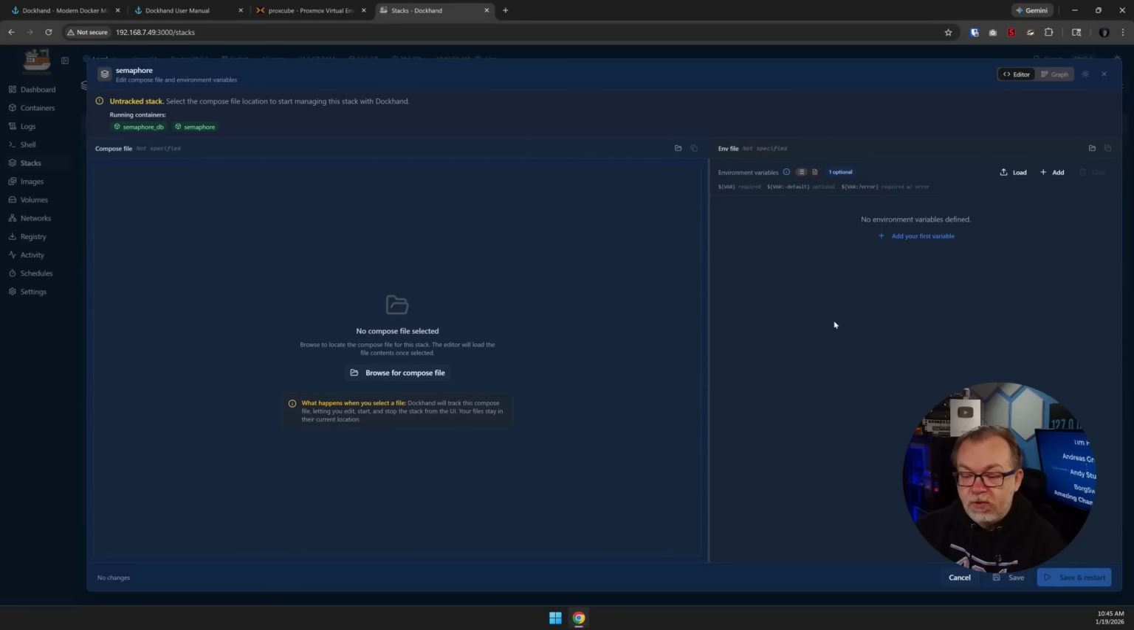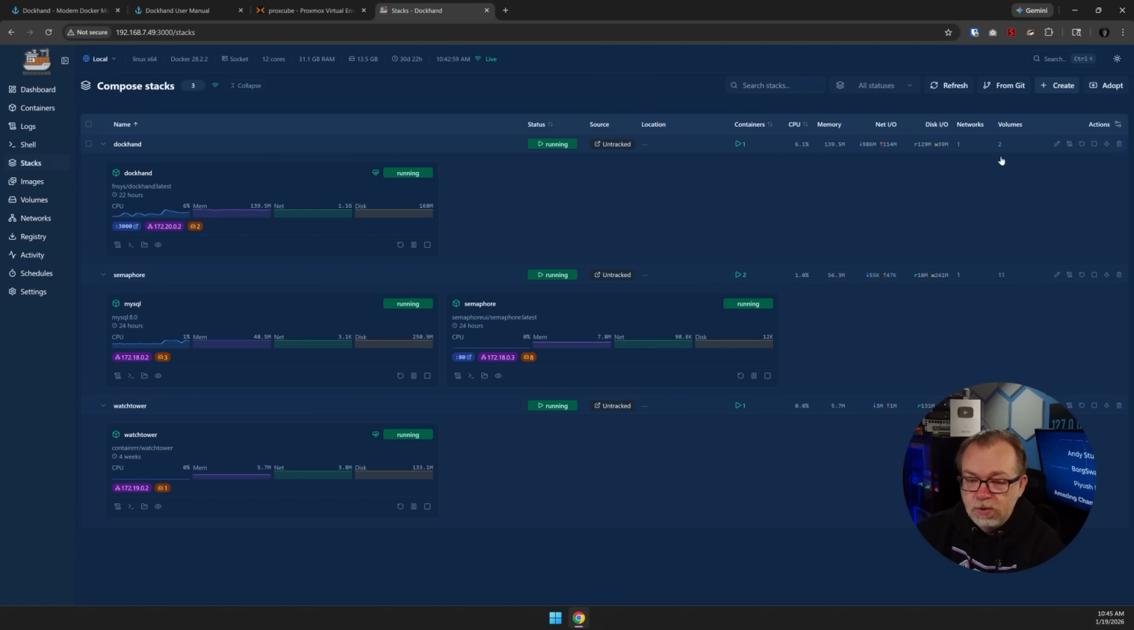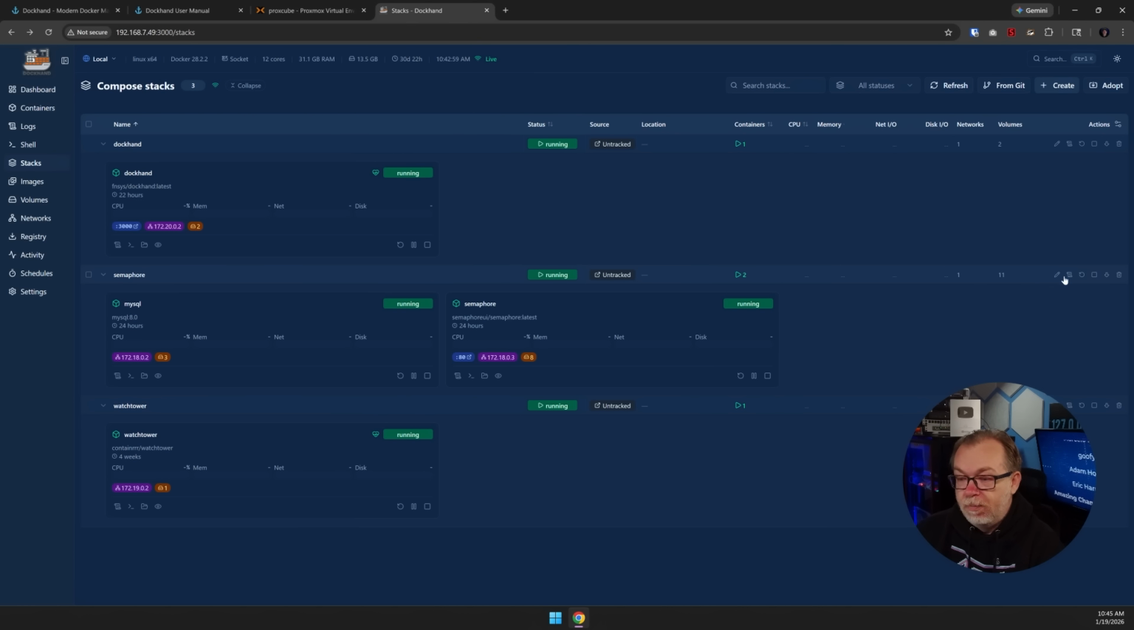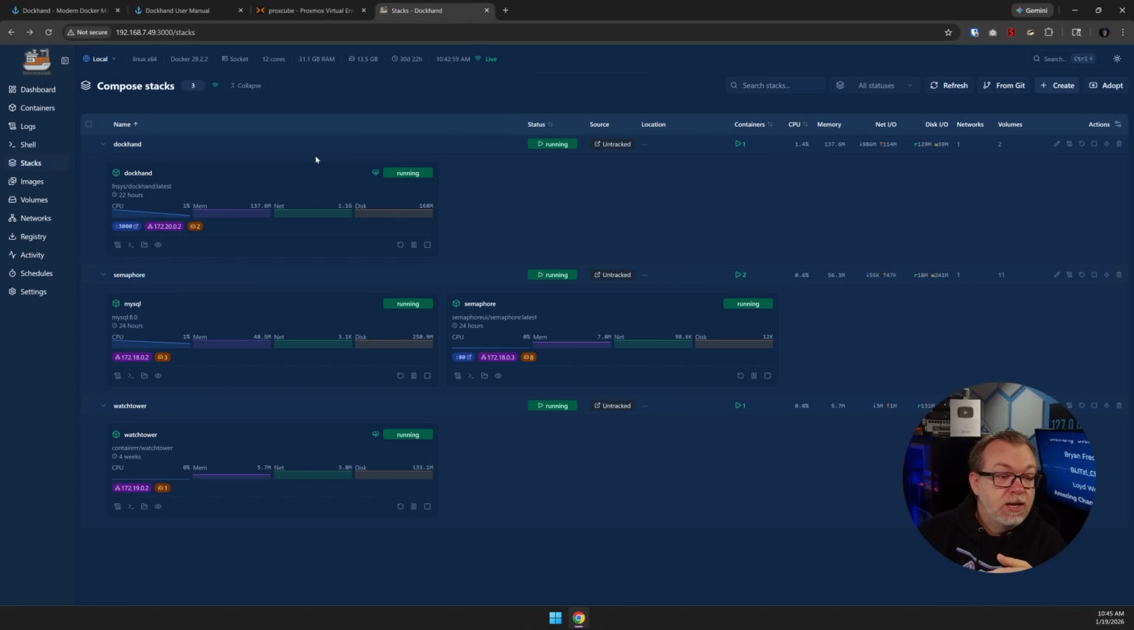So let's go back over to here. We're going to close this, and again, we can edit, we can view the logs, so we can kind of see what's going on there. We can restart, we can stop, we can completely remove the container or bring it down or delete. We can do all of that from here in the stacks area as well. Now, one of the cool things that we can do from here